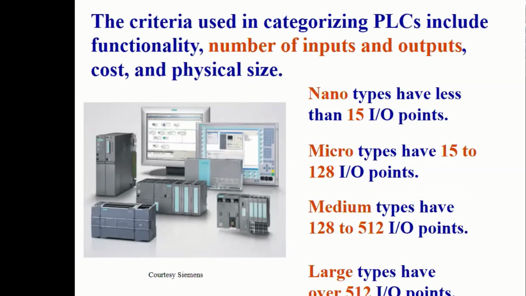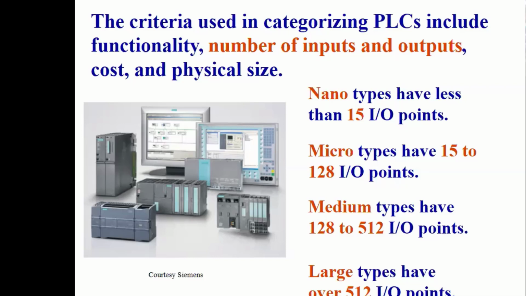PLCs that you actually recognize based on the number of IOs that you have. A nano PLC will have probably less than 15, usually even much less than 15, IO points, excuse me. And then you have the micro type, which is the ability to have 15 to 128 IO points. The medium, which will be 128 to 512 IO points, and the large type over 512 IO points. Typically,